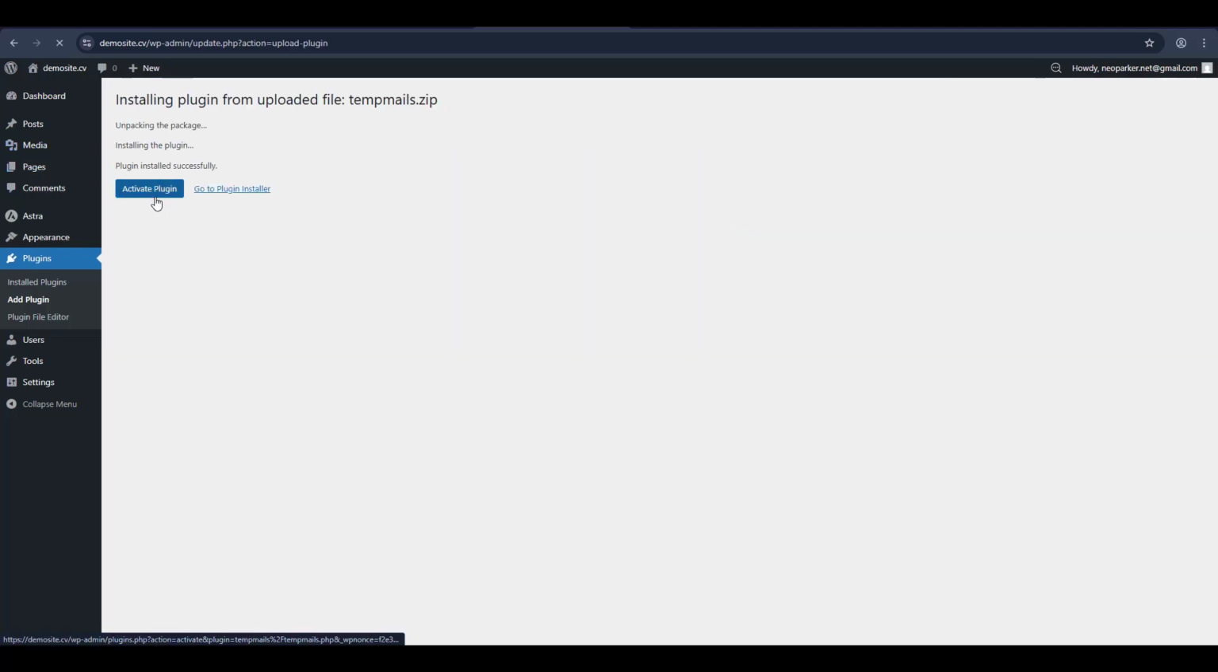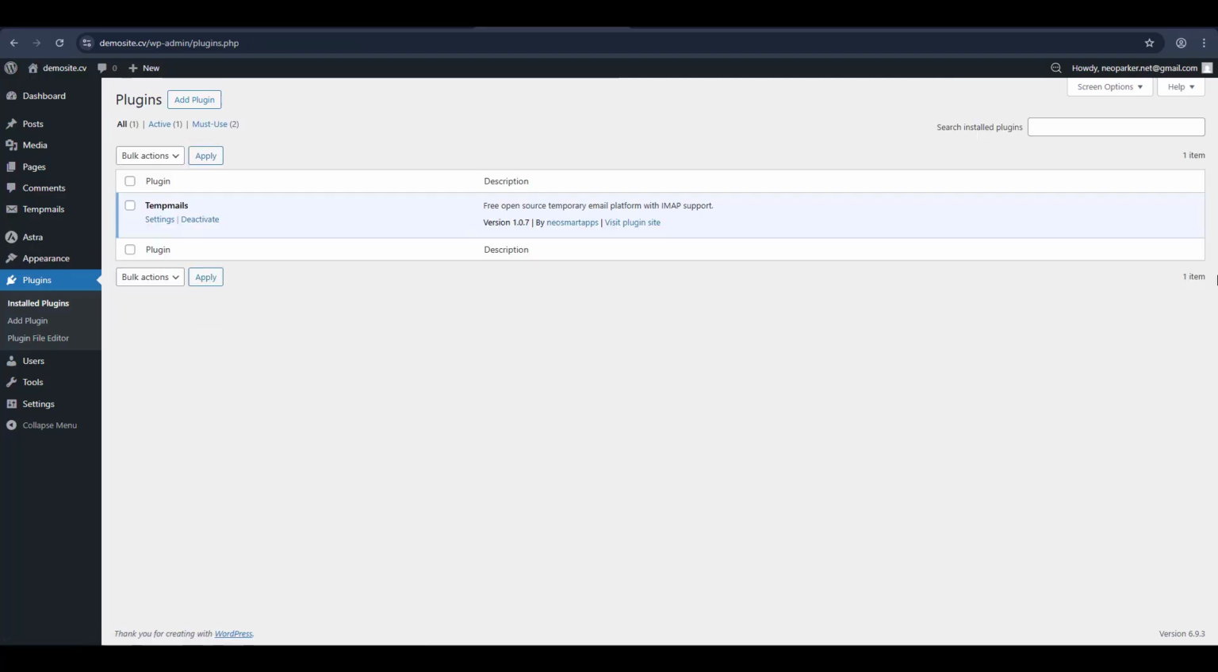It is very lightweight. You can install it very quickly, so there is no bloat or any kind of heavy file. Click on activate. It is very quick and very fast. Once the plugin is activated, you will see our Tempmails menu here, and you will see all the sub menus